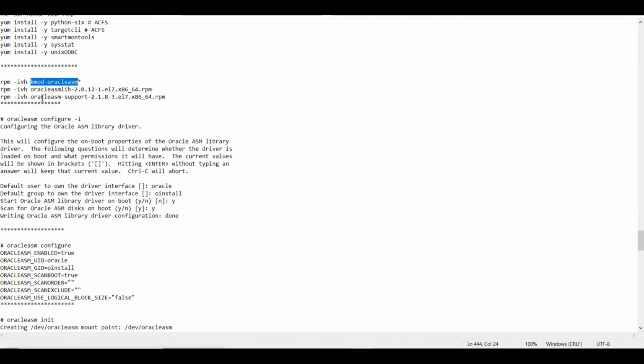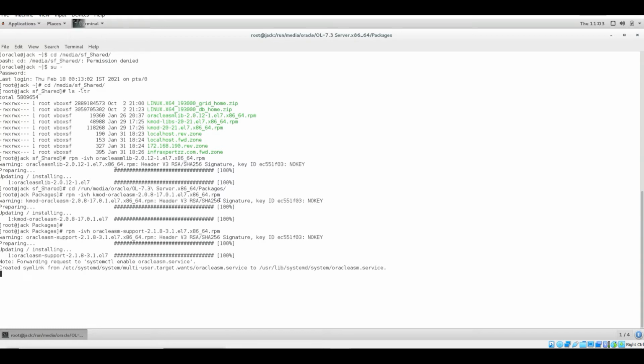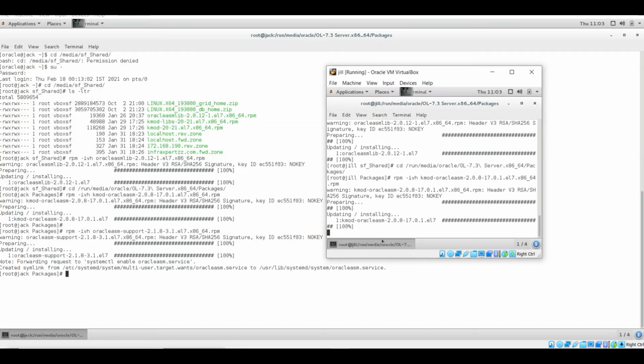So we are left with Oracle ASM support. Let me install this too. So this has also been installed. And over here, this is still running.